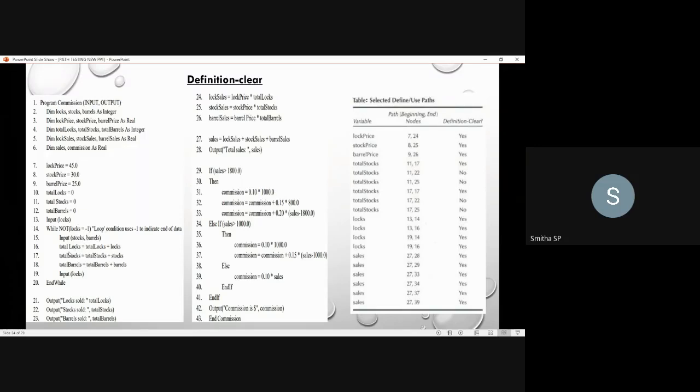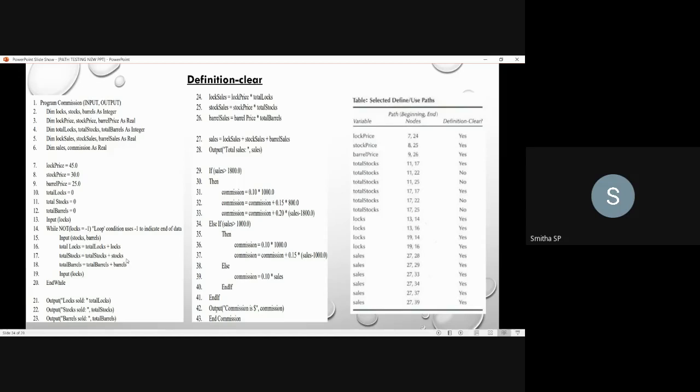It is then used in the 17th node for the computation, for the updation of the total stocks value. So the beginning node is 11th and the ending node is 17th here.